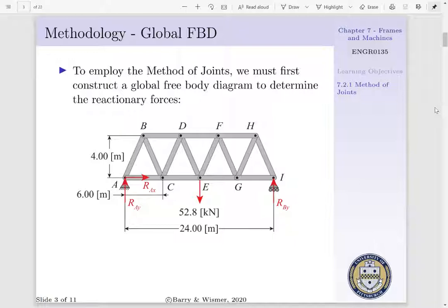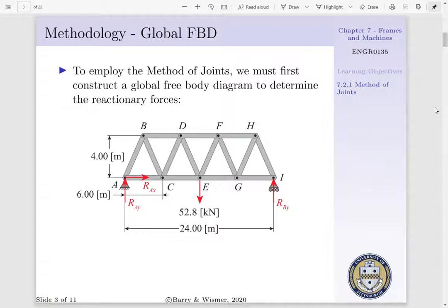To employ the method of joints, we first must construct a global free body diagram of our truss structure to determine our reactionary forces. For instance, given the truss bridge as shown below, we'd apply our reactionary forces at pin A, RAX and RAY, and then a reactionary force at the roller, RBY. And we can use a global free body diagram, i.e. the summation of forces in the x direction, the y direction, and moments about a point to determine RAX, RAY,